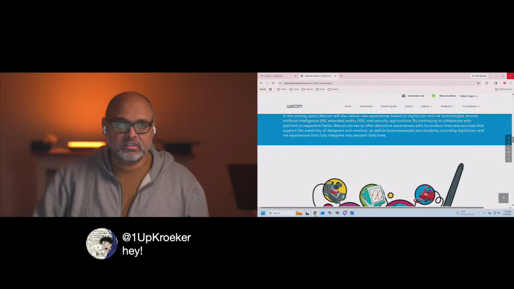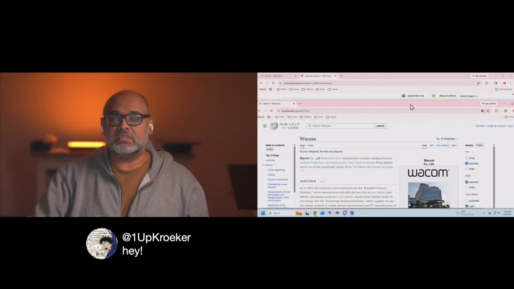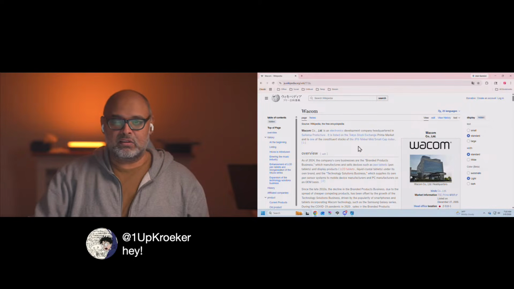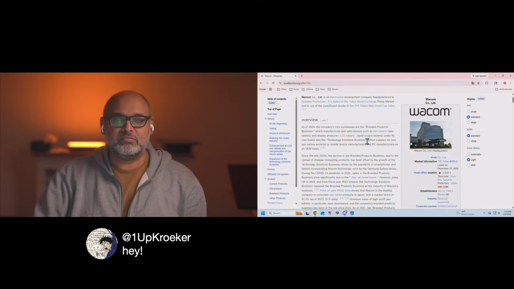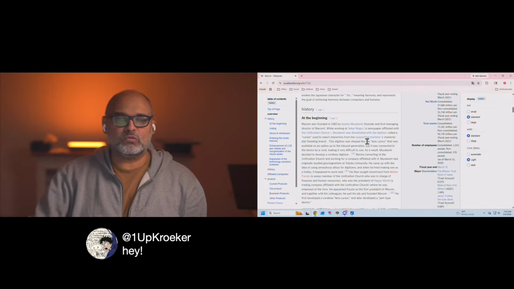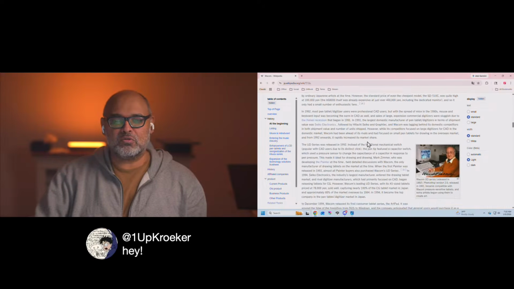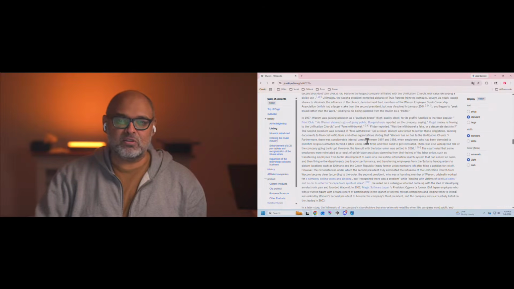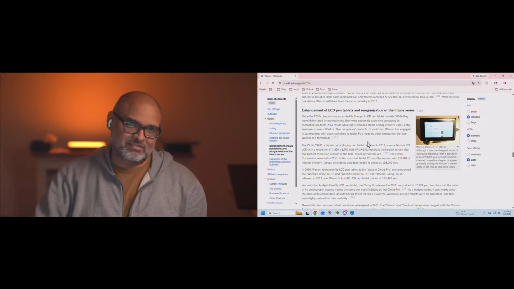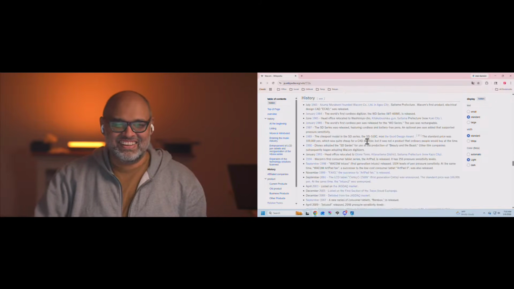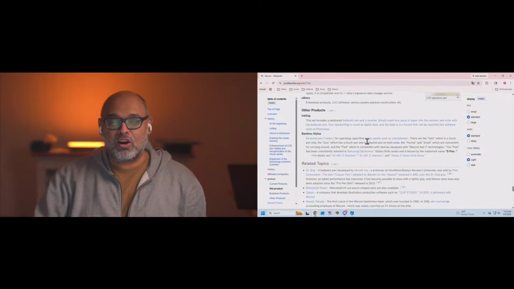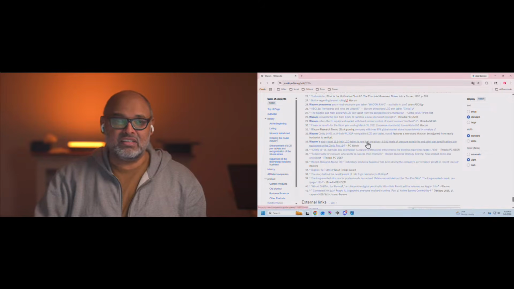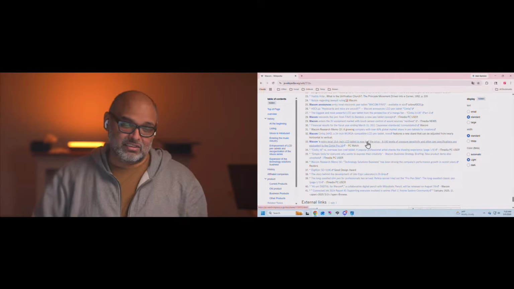Okay, so I'm going to load up the Japanese one. Now it's in Japanese, but Google translates it. I'm just going to scroll down this page so you see how long this article is. Scrolling, scrolling. Long history, affiliated. Can you see how far I have to scroll to get to the end of the article? The English article is nowhere near this long.